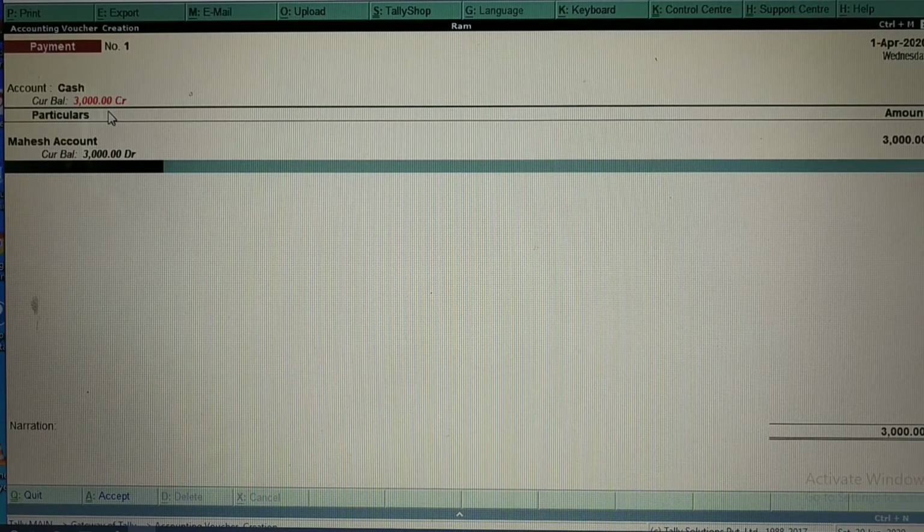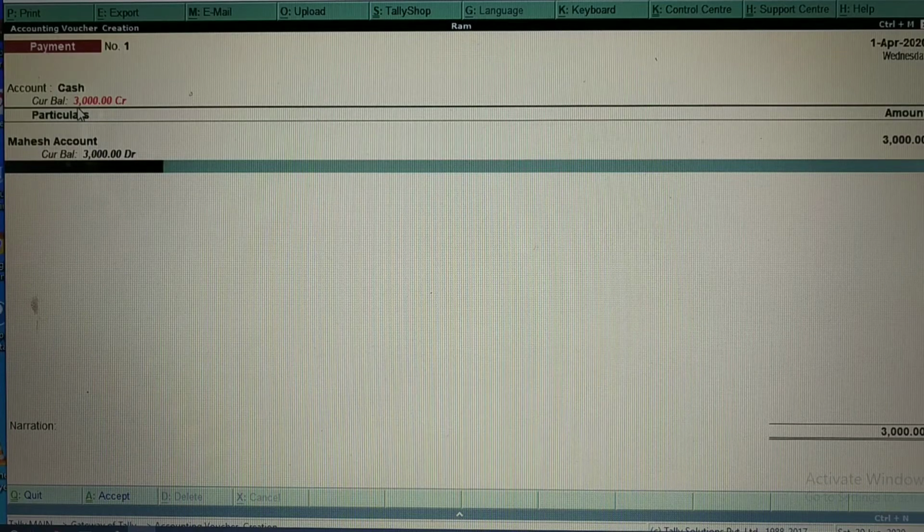That too it is showing in a red color. Why is it showing in a red color? Because you don't have cash in your account, but you are still making expenses here. So this is coming in a red color. If you have cash in your account, then this amount would not show in a red color, because this amount would be decreasing in the cash account. This I will show afterwards. Now we will enter all the vouchers in the same window.